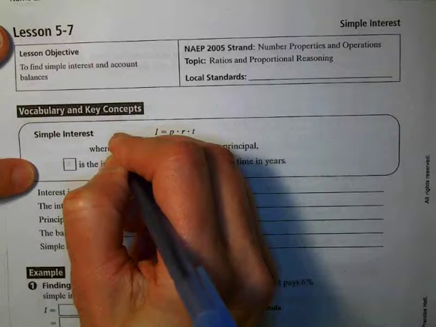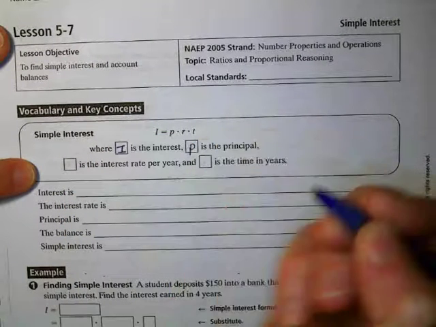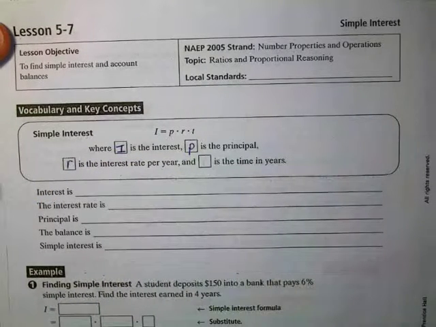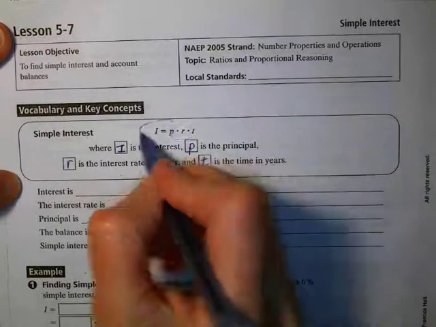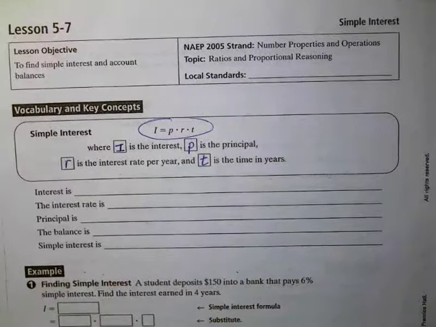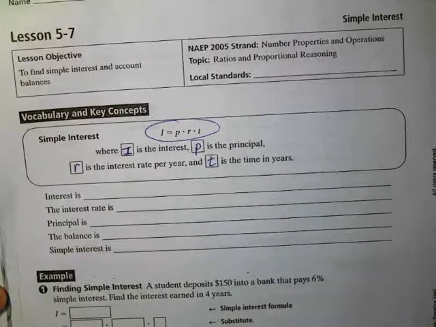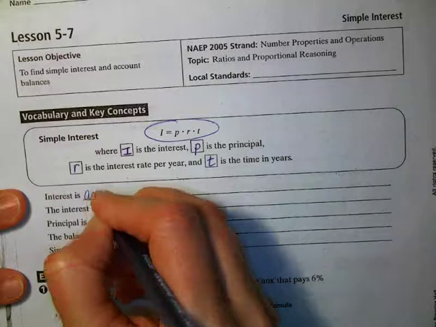So interest is I, P is principal, R is the interest rate per year, and T is the time in years. So I equals PRT, a very common formula that you will probably see again and again throughout your careers, in education anyway. Interest is defined as the amount